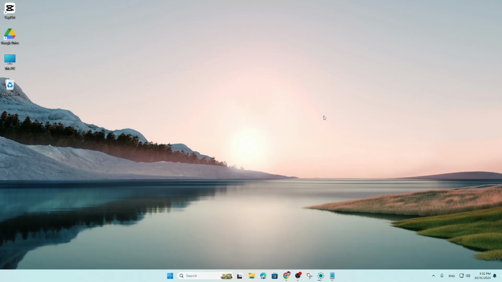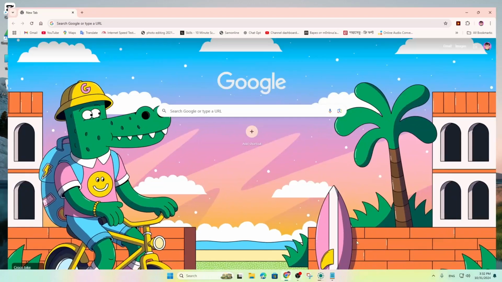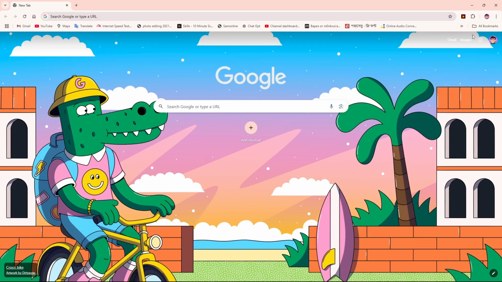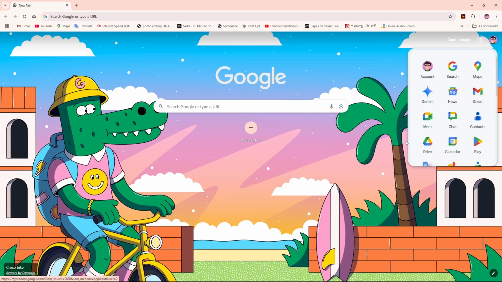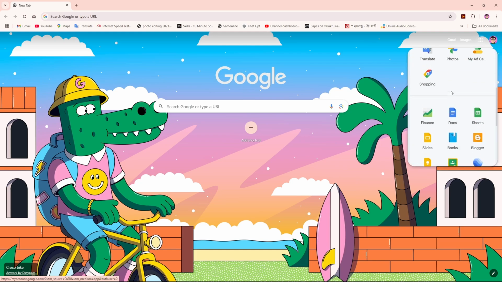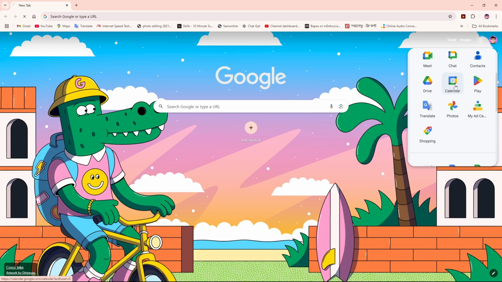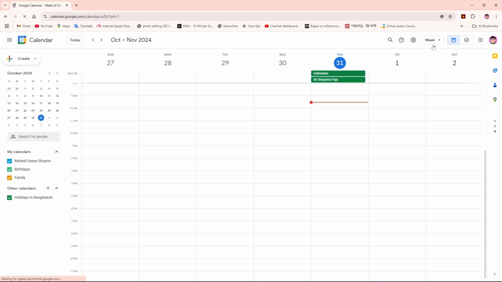Today I'm going to show you how you can download Google Calendar into your Windows in a very simple way. You just simply come over into Google Chrome and then you'll get an option called Google Apps, and then here you will get an option called Google Calendar. If you click on that, then you will come into Google Calendar apps, and from here you can download it